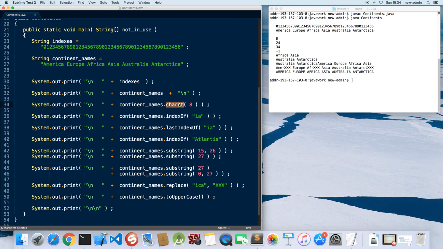So there is a method charAt, there is a method indexOf. Here we use the method lastIndexOf, and again indexOf, and we use the method substring, and again the method substring, and here we use the substring method, and we then combine the strings with the plus operator. Well, it's officially a string concatenation operator, and then we use a method replace, and then we use a method toUpperCase. I will explain all these things